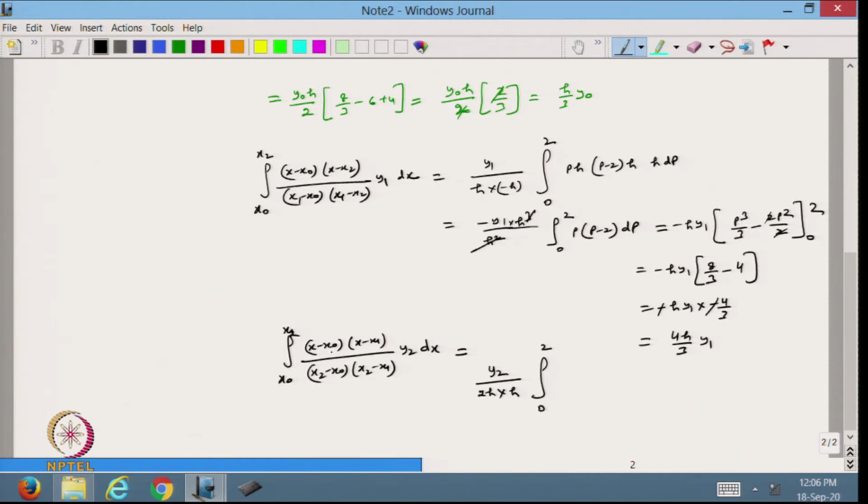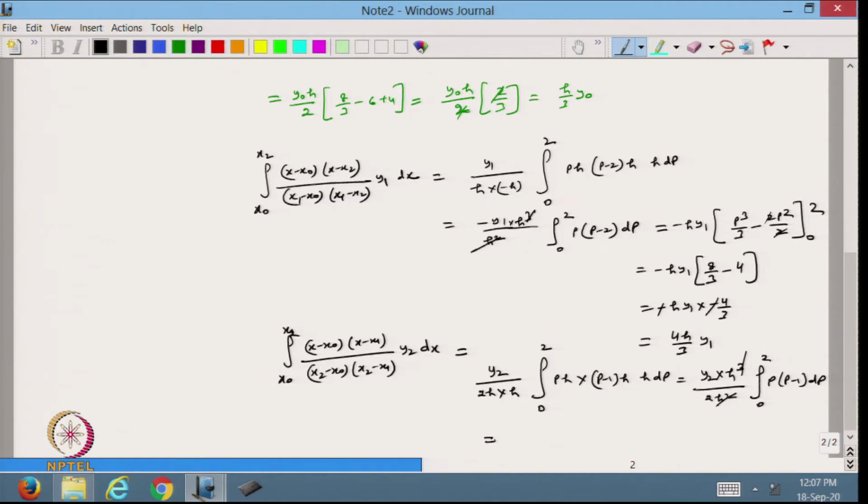Now, x minus x0 is ph, x minus x1 is (p minus 1)h, then h dp. So, it will be y2 into h cube by 2h square from 0 to 2 of p(p minus 1) dp. So, this will cancel out,